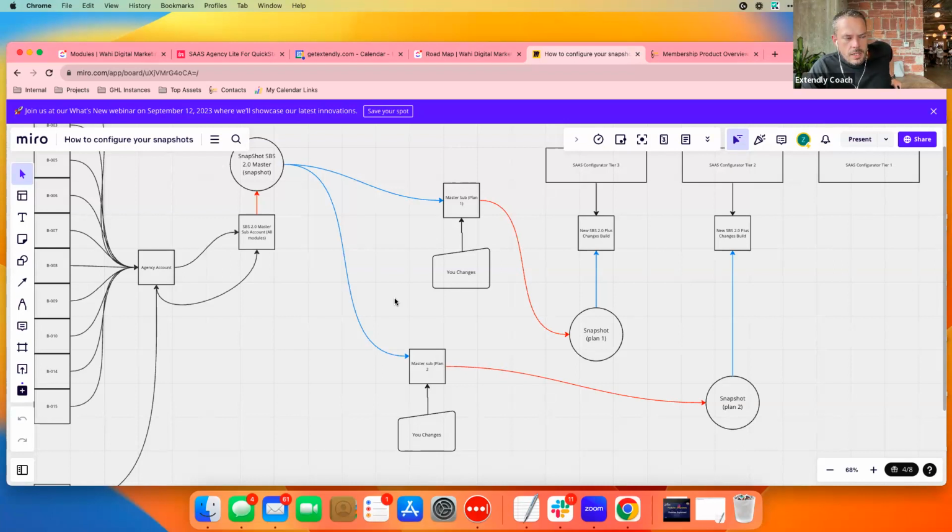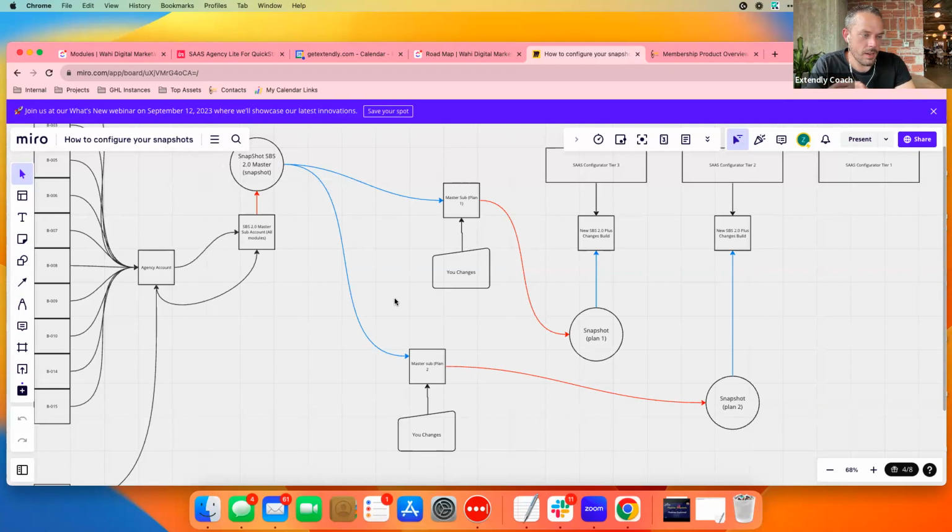But a lot of times, folks are just turning on all the high level features for every single SaaS configurator tier, and then they're just putting different snapshot resources into their account. Because most business owners, until you help them with that thing or give them the tools to access that thing, only use the stuff that you're telling them to use. Sometimes you're going to find people that found their way around the system and are using all the features, and also sometimes they're touching everything that you told them not to touch. But anyways,